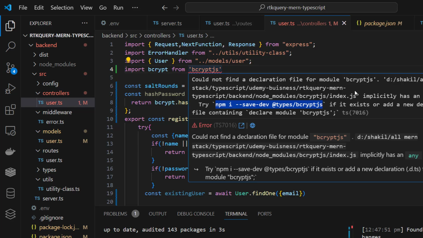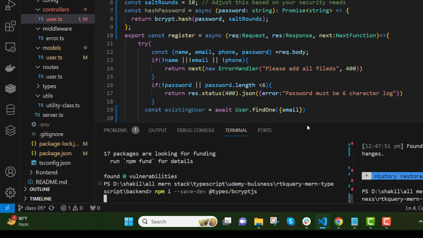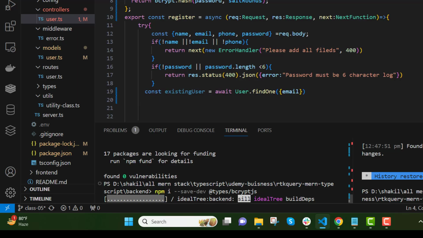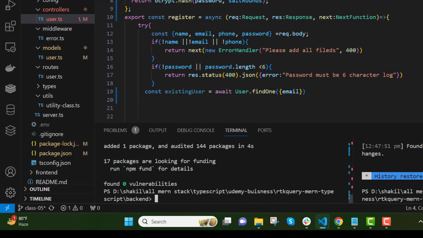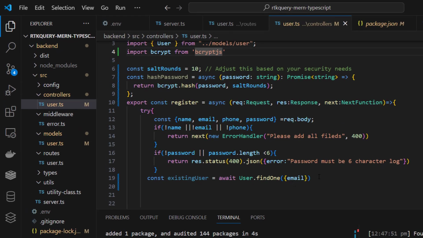Okay, no problem, we are doing that. And we have existing users. If we have existing users, it means that user is already registered. So if existingUser,